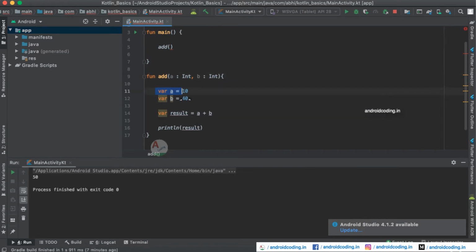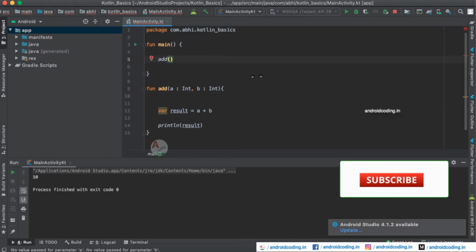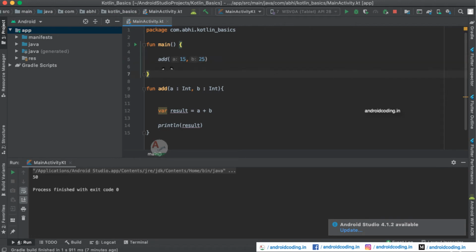So you can just remove these two things. The values you pass to this function will be accepted by these two variables and processed accordingly. So here we can pass 15 comma 25. I am passing these two values to this function, and it is accepting them, processing, and printing the result here.